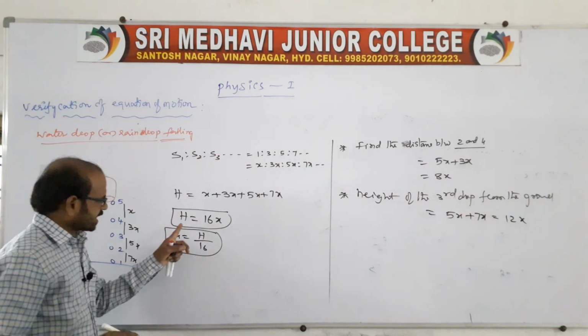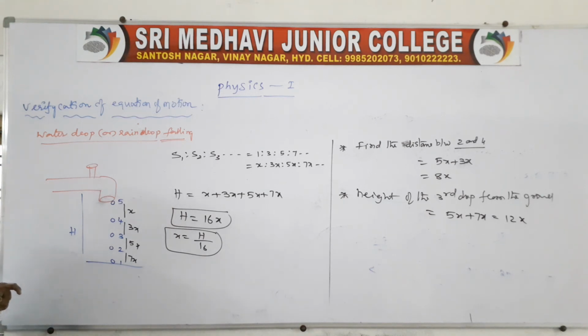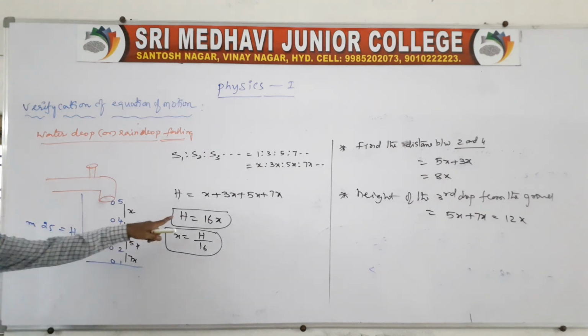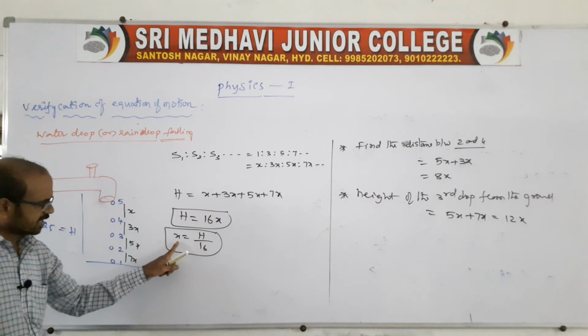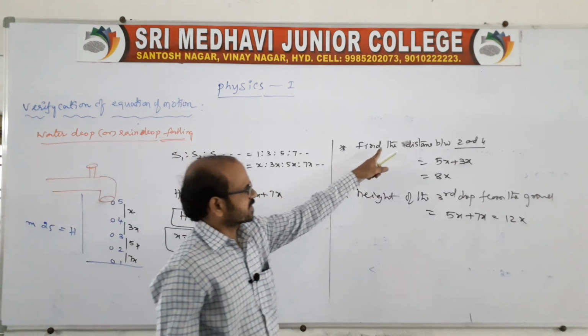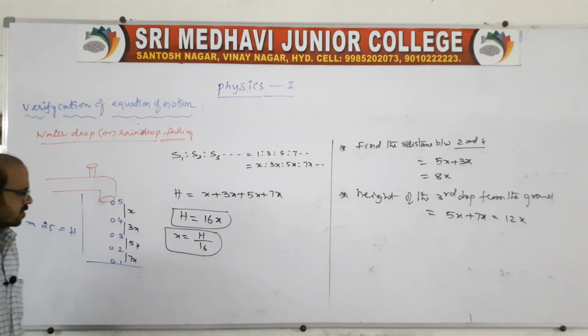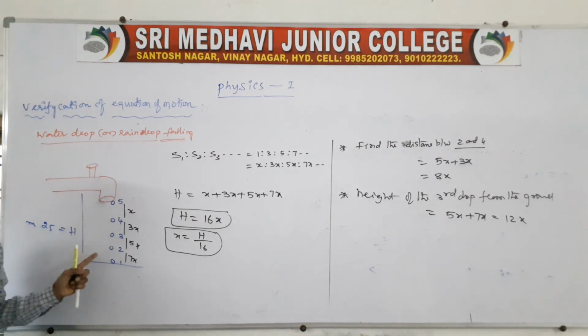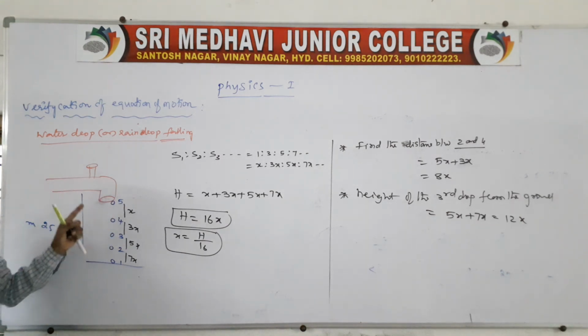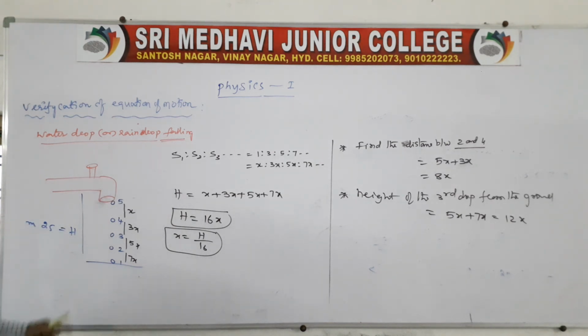Suppose we know the x value. Now I will give you a question like this. If the height of the tap is given as 25 meters from the ground, suppose you take the h value as 25, so we will get the x value. After getting x, we can find any distance or the distance between any drops. So this is the method to solve problems where water drops or raindrops fall at regular intervals of time from a tap or ceiling. It is related to questions on successive seconds.